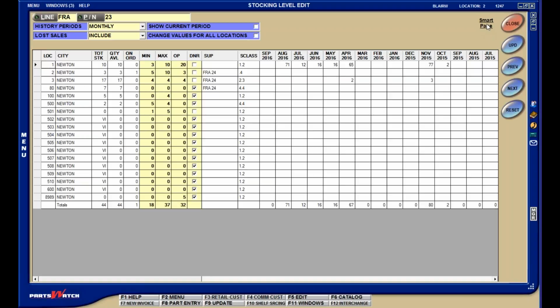Up here on the top right, there is a Smart Page link, which is not available to me in this system, but if I click this and the system has been configured and prepared for it, it will open up a web page that shows the Smart Page for the particular part on order. It may give me a graphic, a picture of what the part looks like, and manufacturer details on the particular part. Sometimes that could be useful